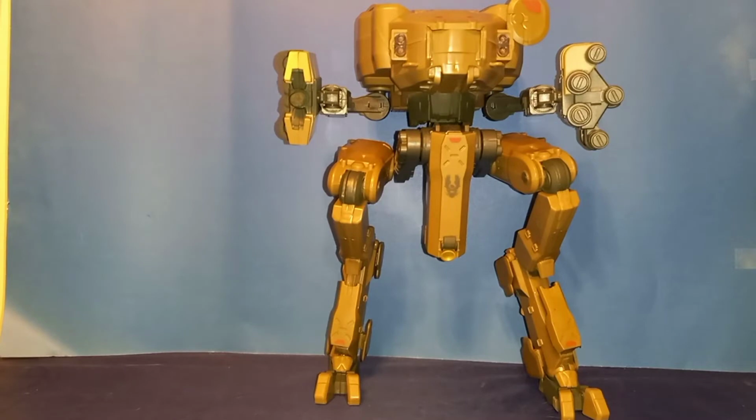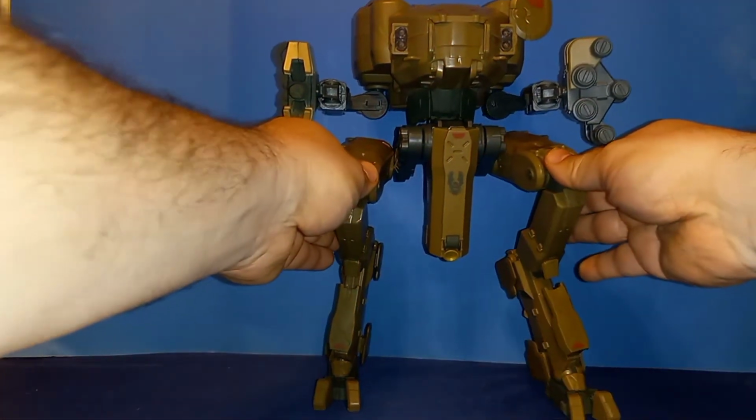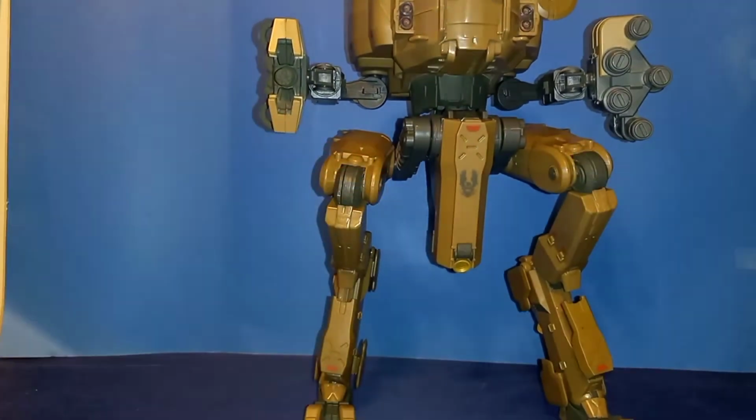And now for the star of the show, the Mantis Vehicle, and I apologize for the weird angle. I tried my best, but I cannot get it to quite fit in my tiny review station. This thing is pretty big, but it is awesome. We'll get it a little closer. Oh, before we go and get into it,